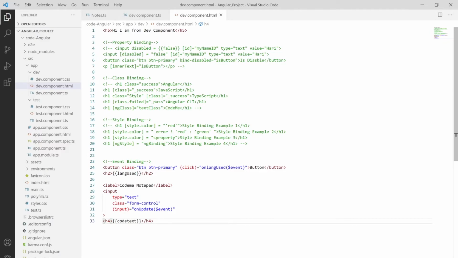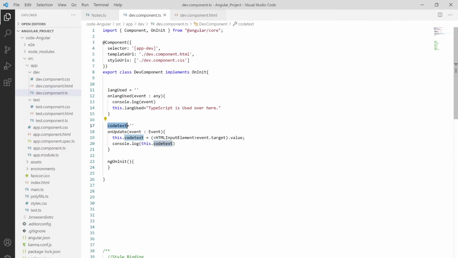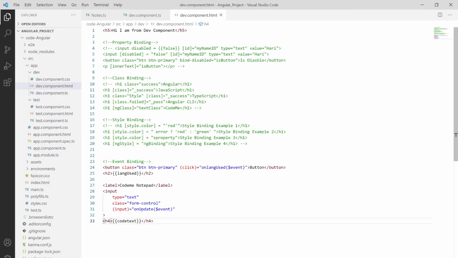And let me show you one more thing also. So simply let me save this, and also we are creating one button over here, which is of class, and I'm using the Bootstrap framework.